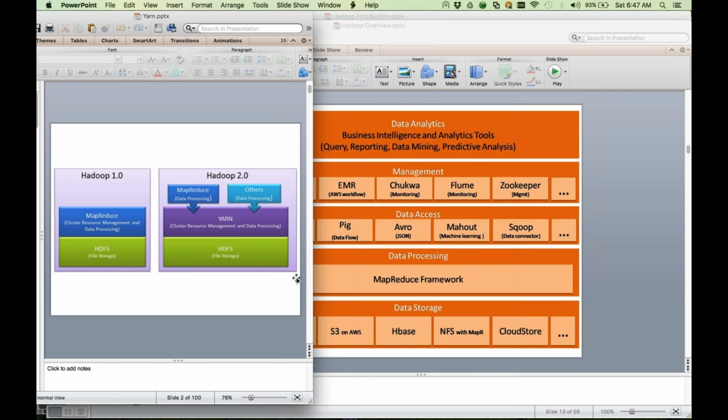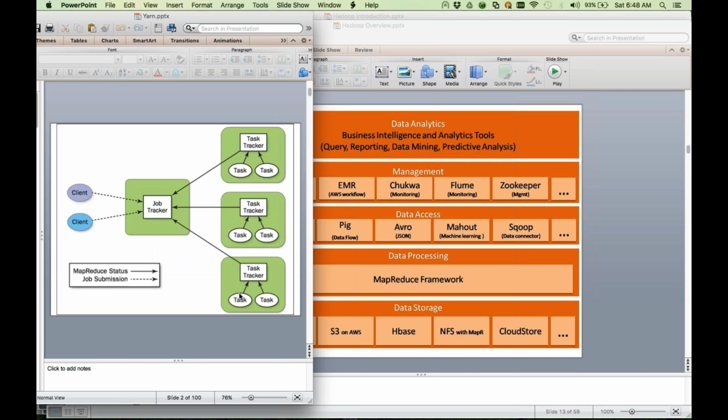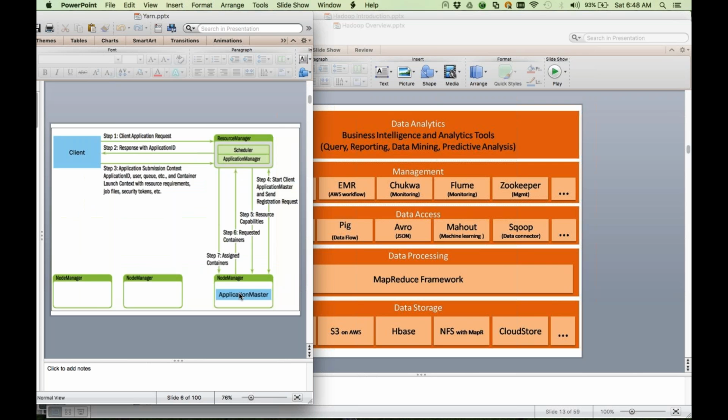So anyhow, as a Hadoop admin, we are going to start learning with Hadoop 2.0 only. The resource manager is there, and when you submit the job to the cluster, the resource manager comes into the picture. What the resource manager will do is